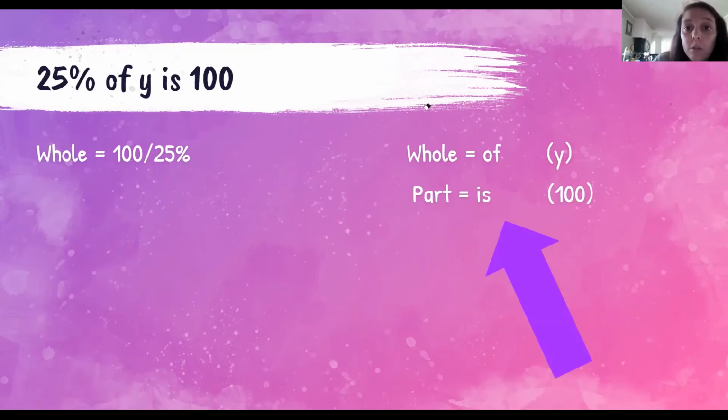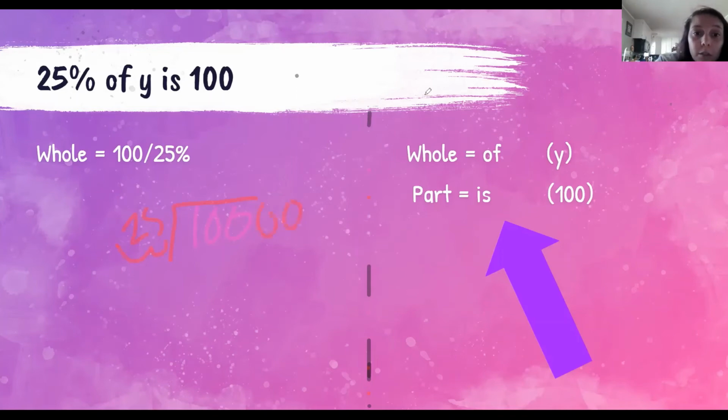So when I do that in this problem, I am going to take 100 and divide it by 0.25. So again, I need to move the decimal because I can't divide by a decimal. I have to divide by a whole number. So I'm going to move it 2 places, which means I need to move it 2 places after 100 or